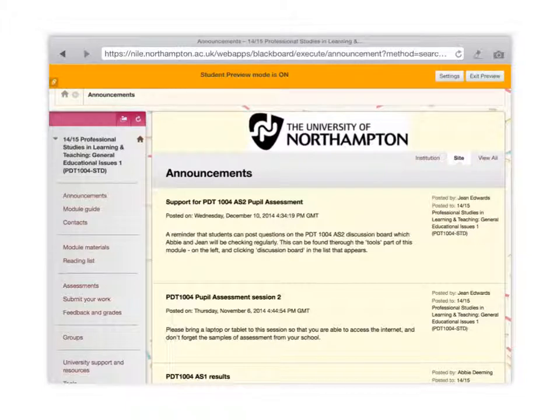This is a reminder about how to access and use the discussion board so that you can use it to post questions about your PDT 1004 pupil assessment assignment. It's been some weeks since we showed you how to do this, so I thought it might be useful to have a short guide. So when you're in the PDT 1004 module on NILE, you need to go to Module